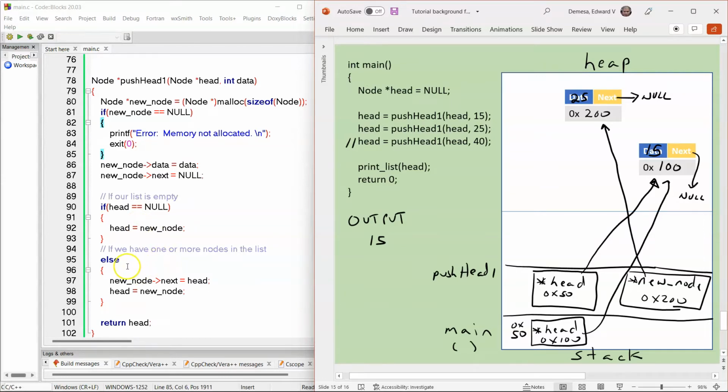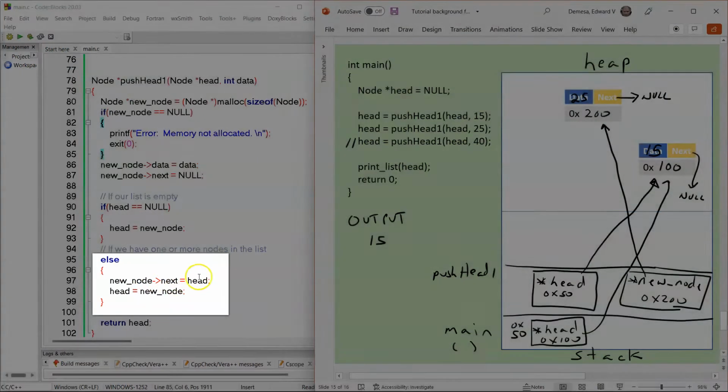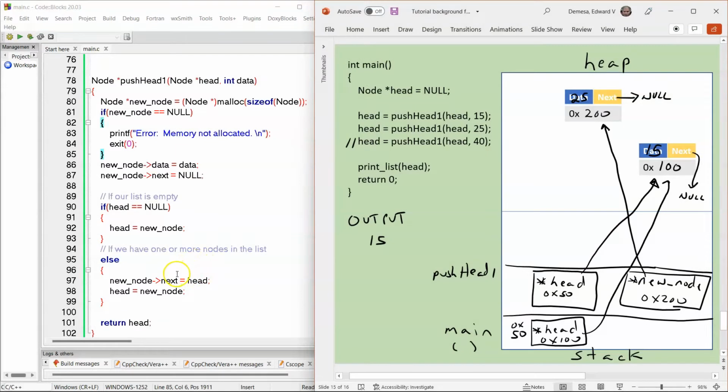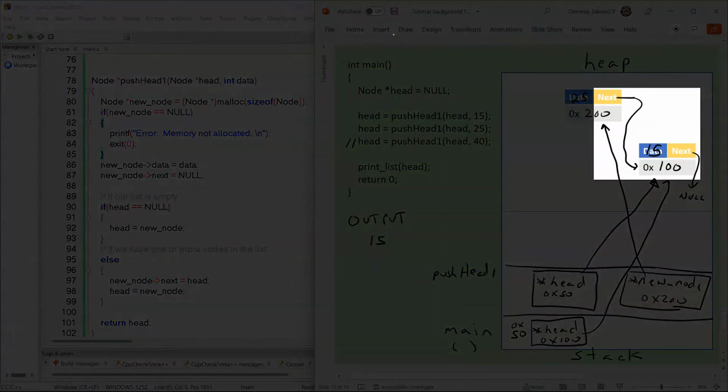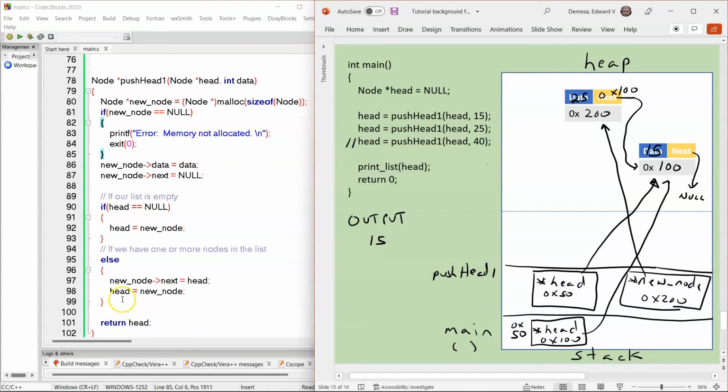Okay, well, if that's the case, we want to make the new node's next point to head, or we want to assign head to that new node's next. Our head is pointing to this node, so that's currently our head node. This next is going to hold the value of 0x100. Then we move our head node to point to the first link, or to the first node of our list,